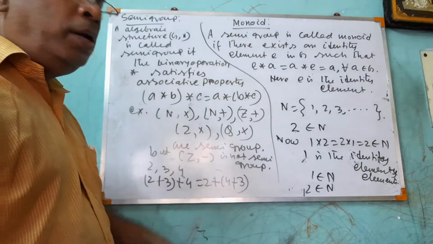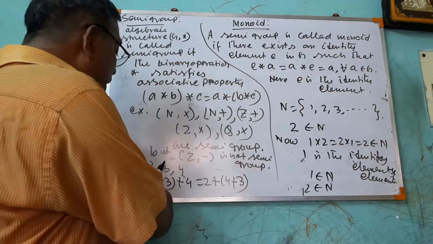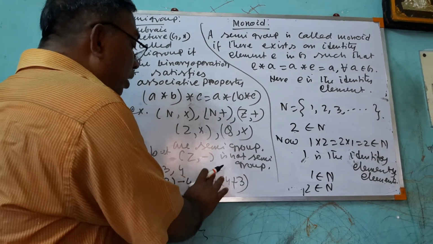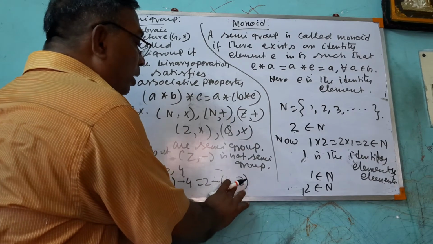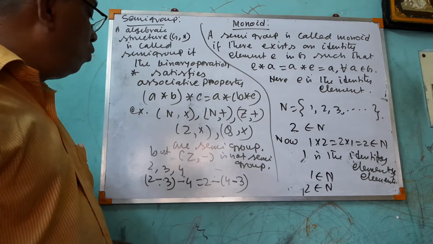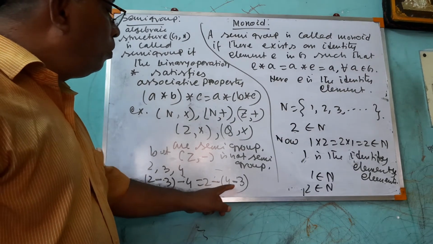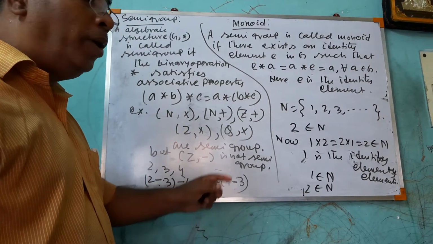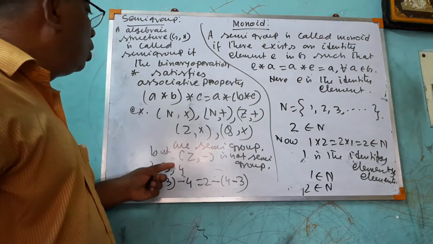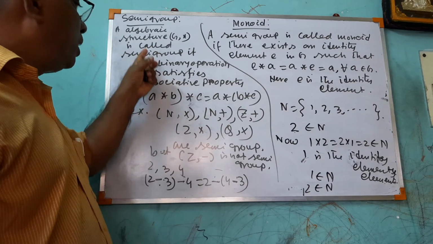Now suppose you want to say whether N minus is a semigroup or not. Yes, you can check it. Here you are taking minus, here minus, here minus, and here minus. Now you check whether this is a semigroup or not. 2 minus 3 minus 1, minus 1 minus 4, minus 1 minus 5. Here 4 minus 1, that comes 1. 2 minus 1, 1. So this side is not equal to this side. Therefore the associative property does not hold. So N minus is not a semigroup.